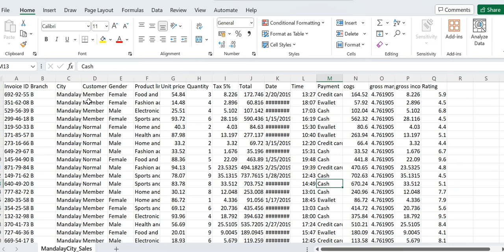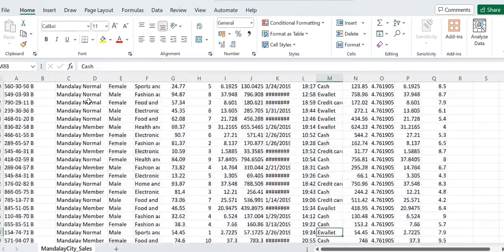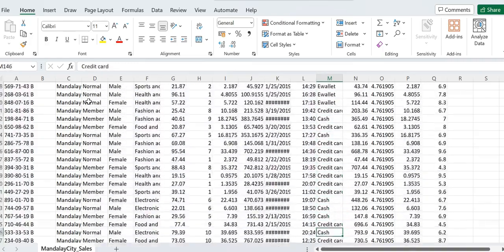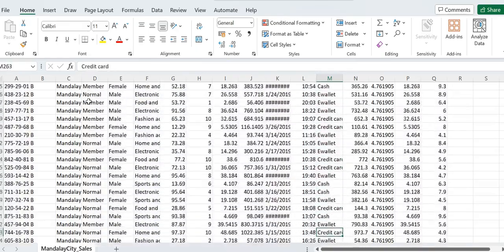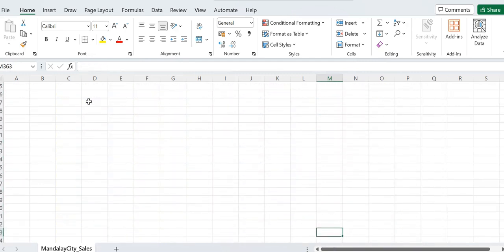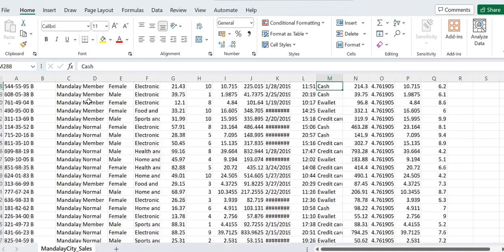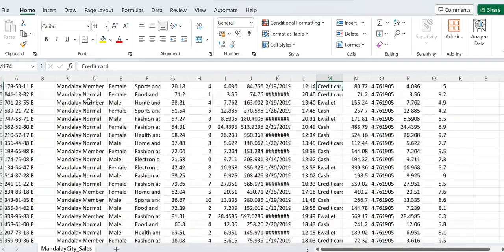If we scroll down, we see there are more than 300 rows, or more than 300 line items here. There is a column of date here too.